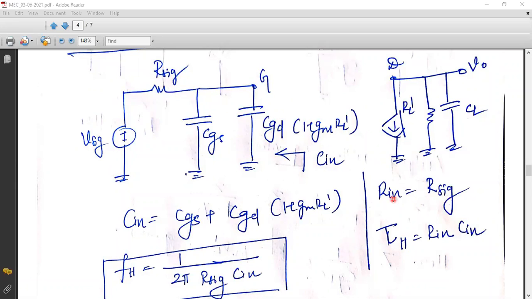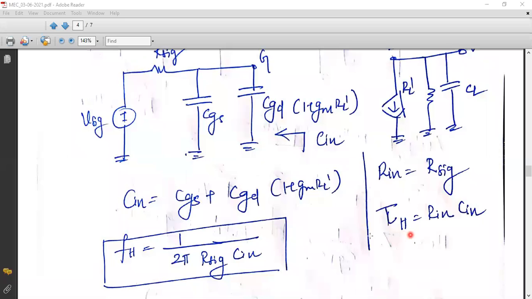Therefore, R6 is nothing but your total resistance Rin. Multiplying this Rin with Cin, we will get the time constant tau h. And after finding tau h, we can write the equation Fh as 1 by 2 pi into tau h. That is 1 by 2 pi into R6 into Cin. So this is the final equation for the cutoff frequency Fh, where R6 is the input resistance and Cin is